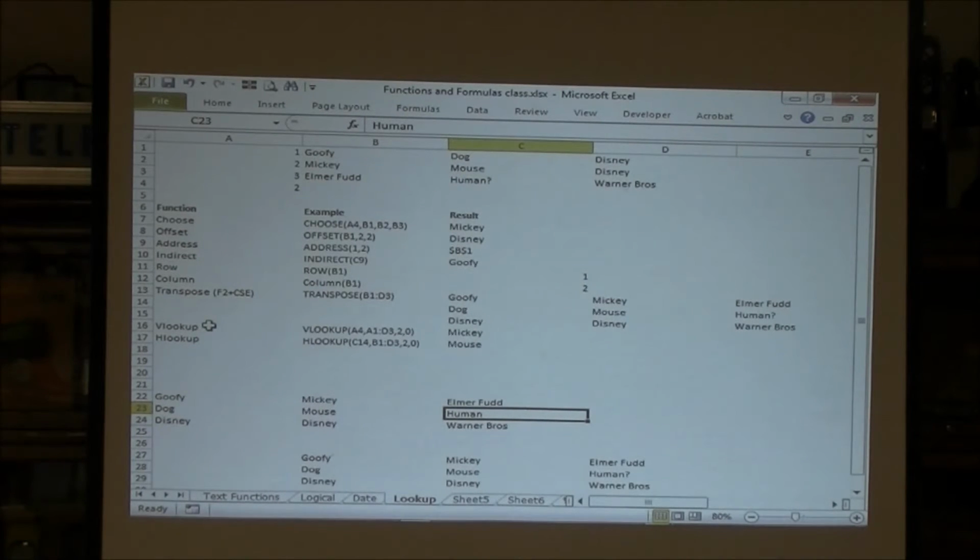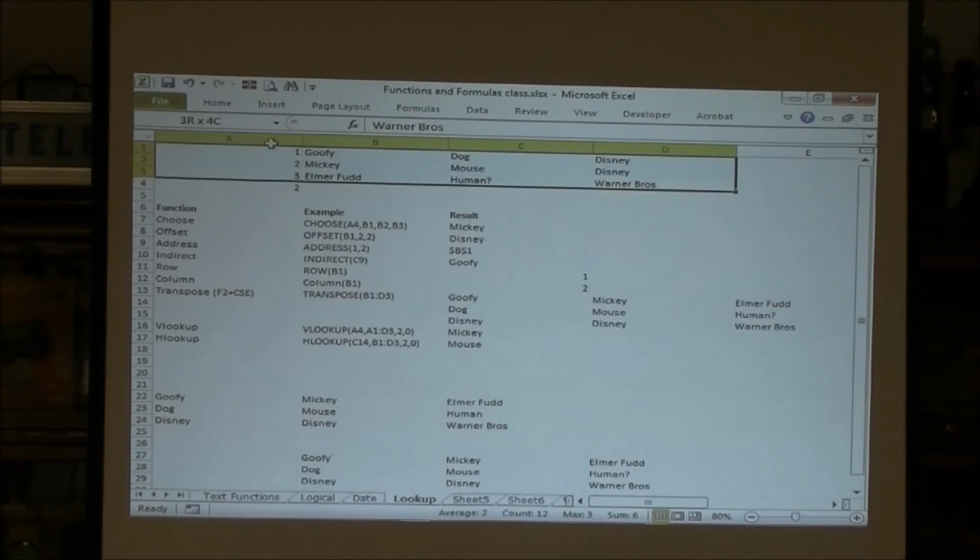Next one here is VLOOKUP, and this is one that is very powerful and very useful. What it lets you do is you say, I want to look up what's in cell A4, so A4 is here, and I want to look in the range from A1 to D3, so A1 to D3, this block right here,